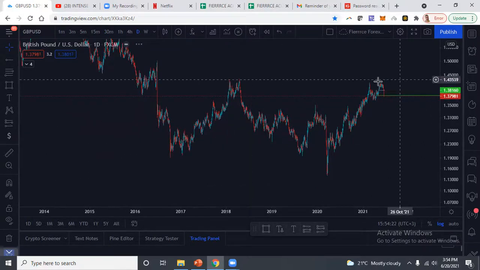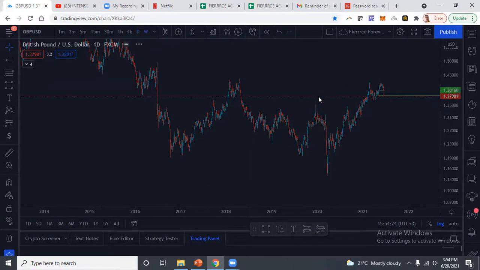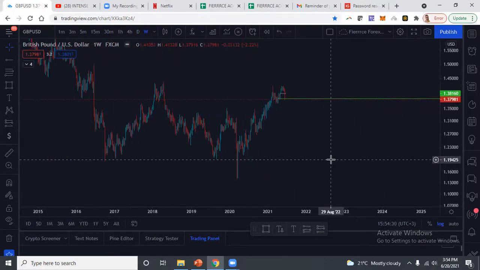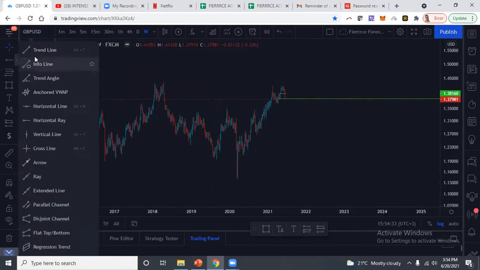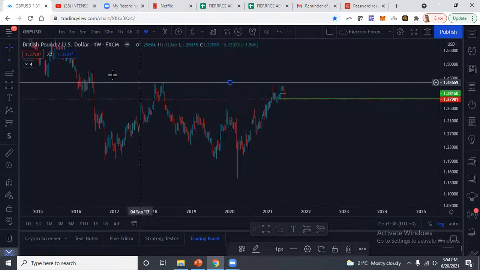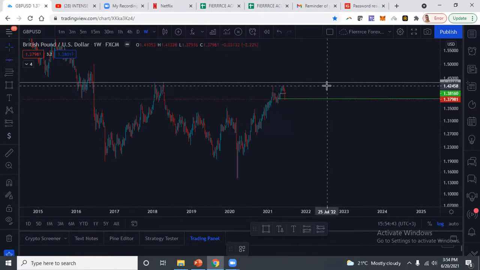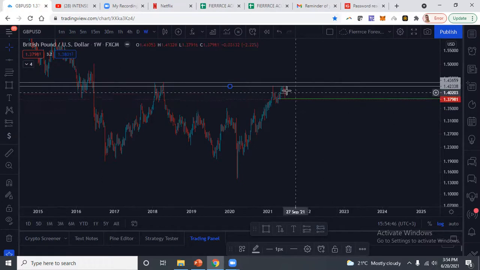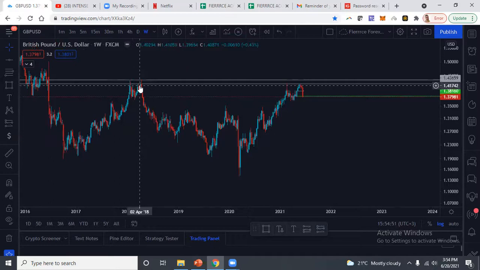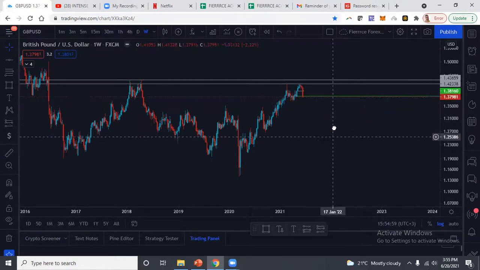And what happened is, as you can see here, if I go to the weekly structure on GU, we can see that we retested previous levels of structure. We attempted to retest the weekly, almost got to the weekly structure technically, but we failed to break it. That's understandable, because the last time we broke this high on GU was in 2018. So this tells us that this is a very strong key level to note.